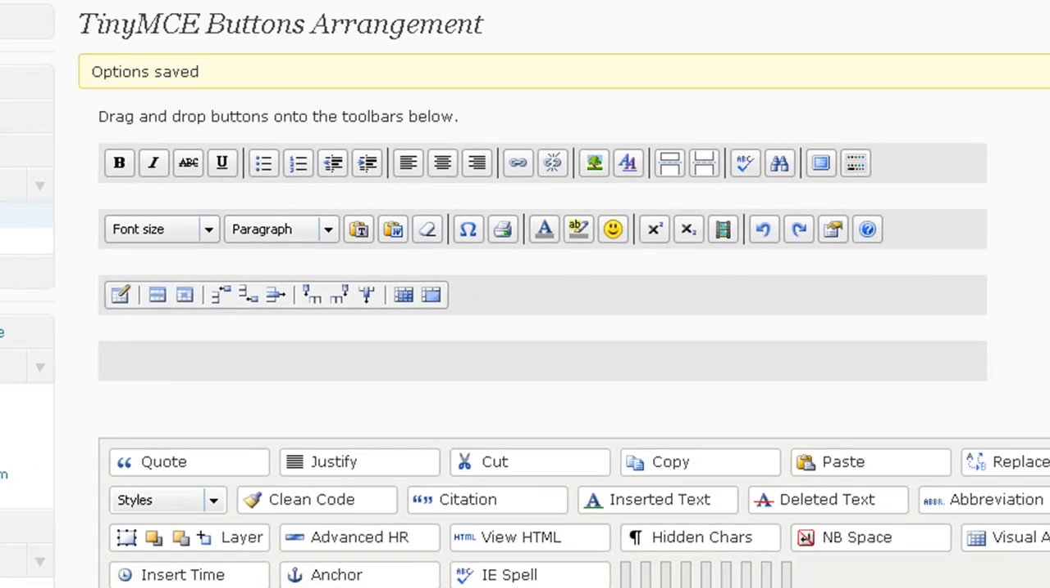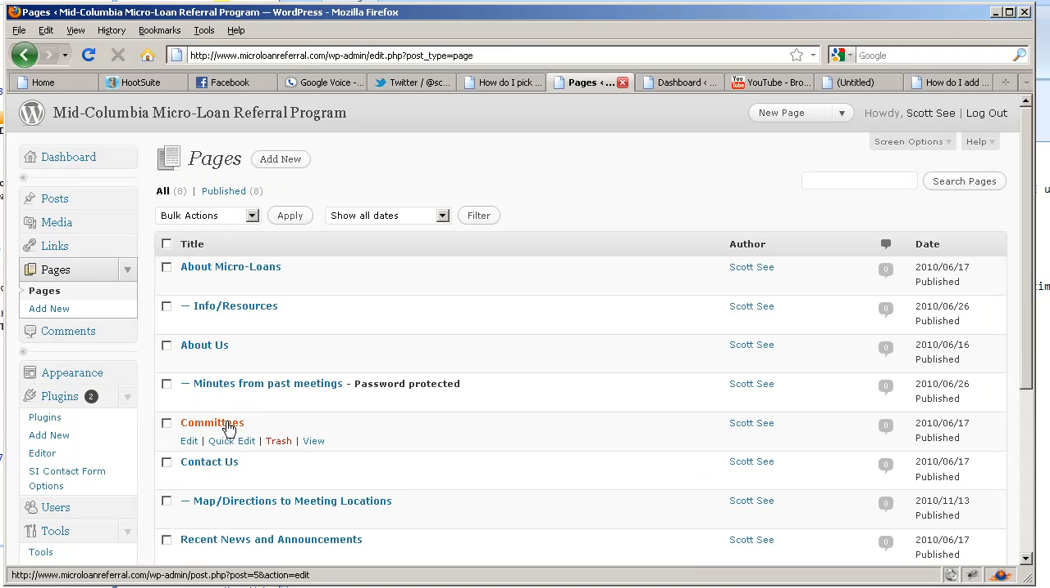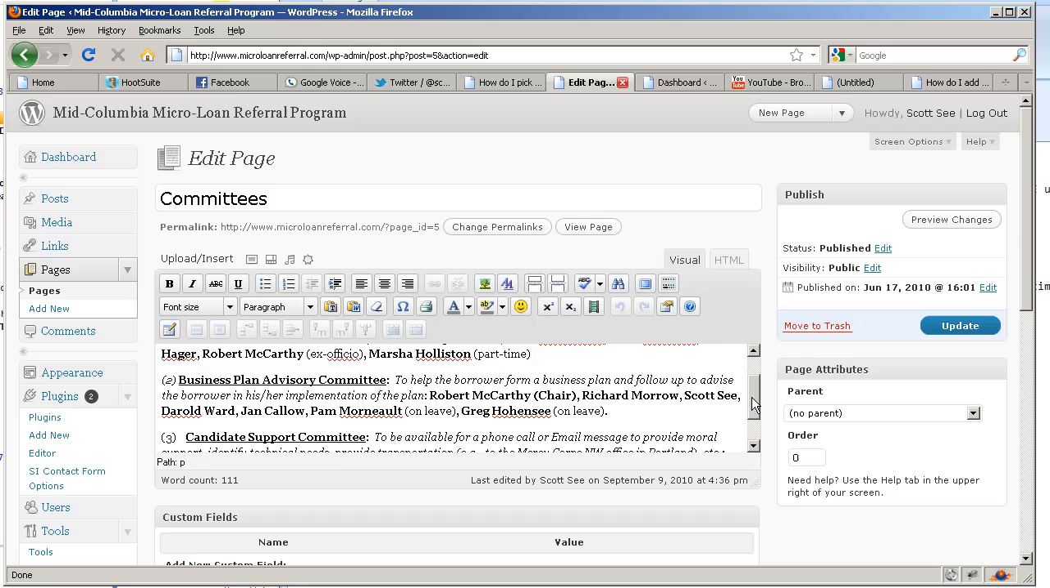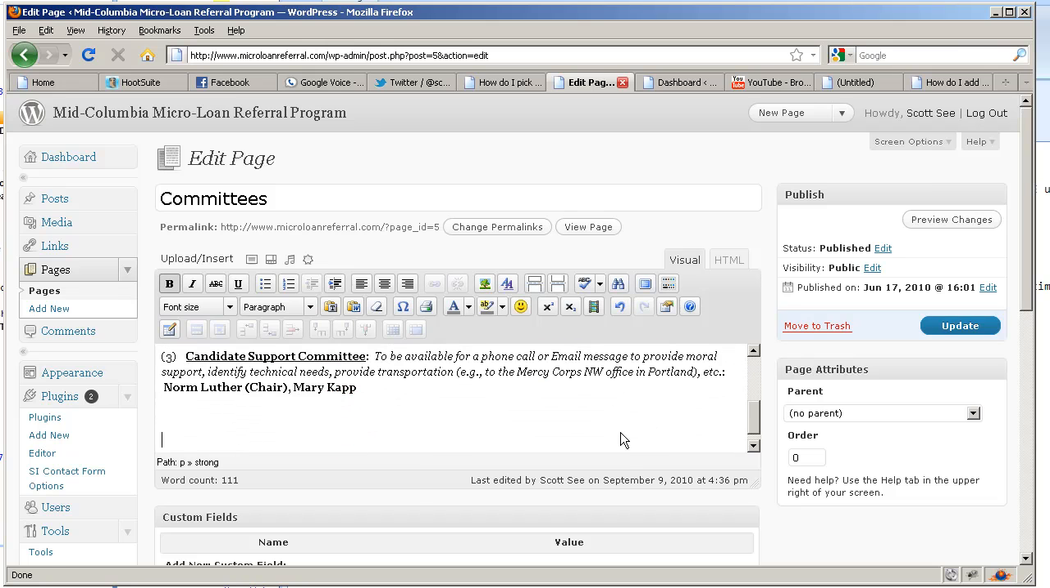So now let's go into one of our pages and see this editor in action. I'm going to open up a random page here. I'm going to scroll down to the bottom here. I'm going to hit enter a couple of times, and I'm going to show you what a table can do